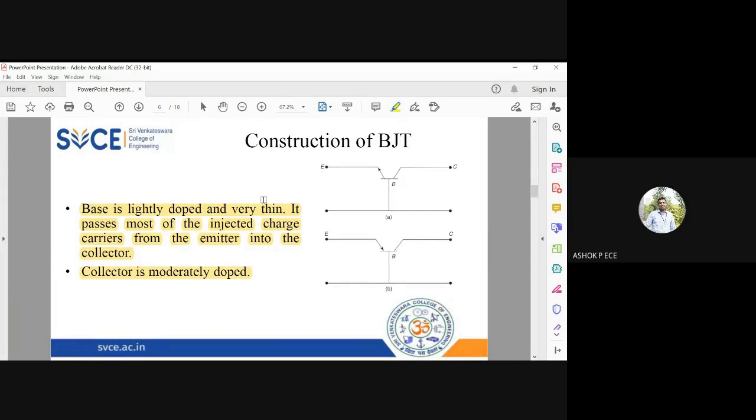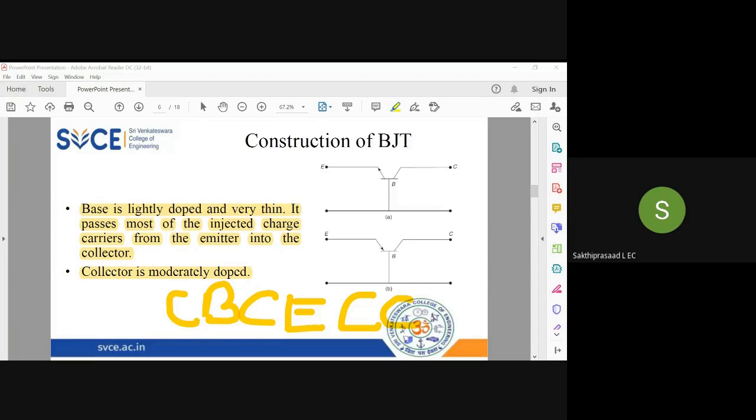See, in a transistor you have three combinations: common base, common collector, common emitter. So three configurations are there in the transistor. Whichever terminal the term common is attached to, that terminal you have to ground. So if I say common base, what should I ground? The base. I should be grounding the base. So the base will be grounded.